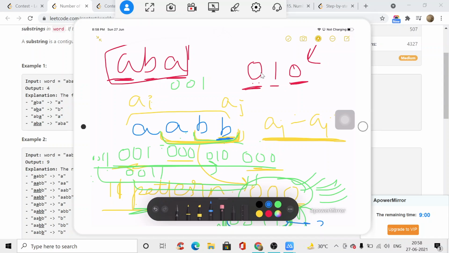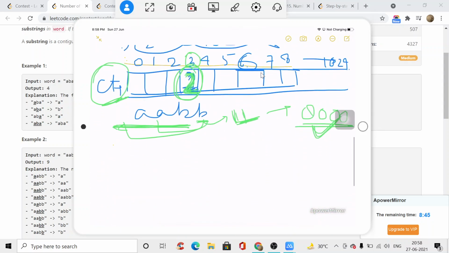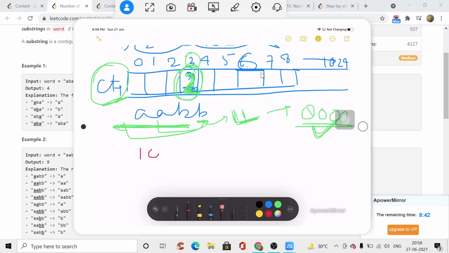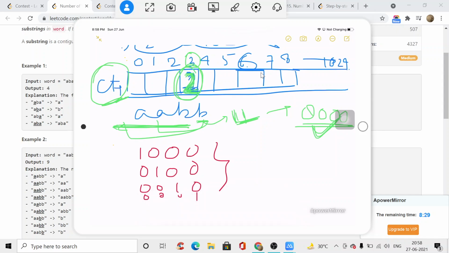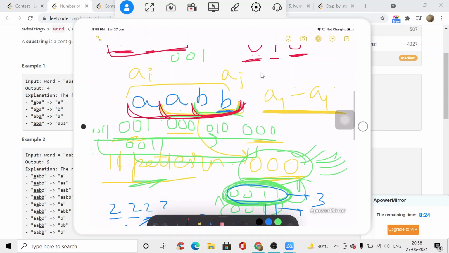This is one of our observations: when we find the difference between these two, or these two, if the difference is something like what we just wrote, 1000, 0100, 0010, or 0001, if it lies in some of these, then it means this thing is actually